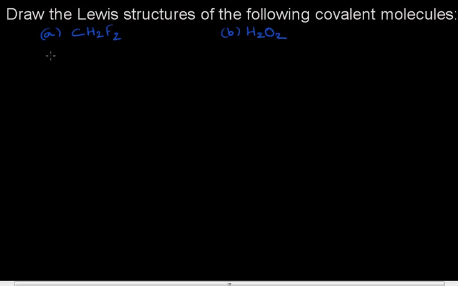Alright, here is a short video to explain how to draw the Lewis structures of covalent molecules. Both of these are covalent molecules, as you can see here. Carbon, hydrogen, fluorine, they're all nonmetals. You have hydrogen and oxygen, which are also nonmetals. So when you have a molecule made of a nonmetal and a nonmetal, we usually call it covalent,